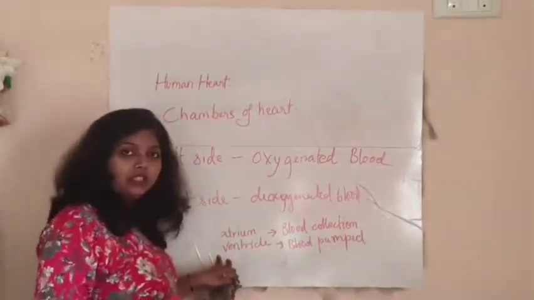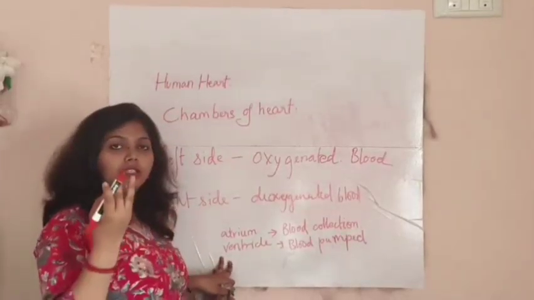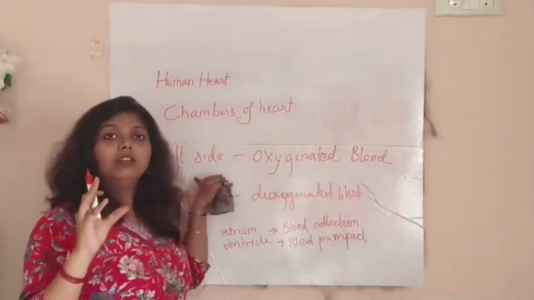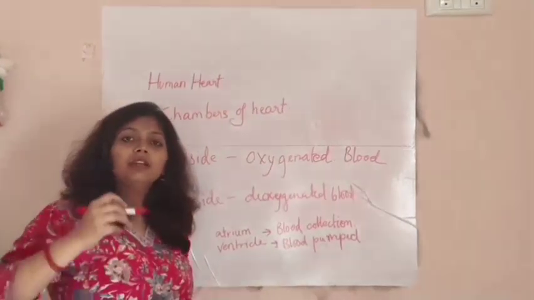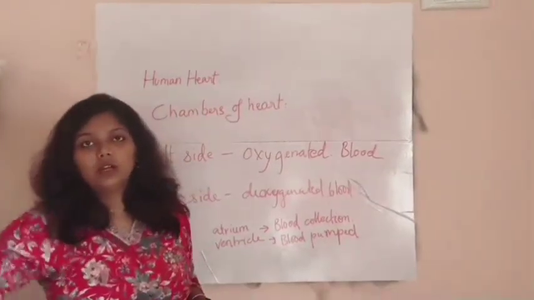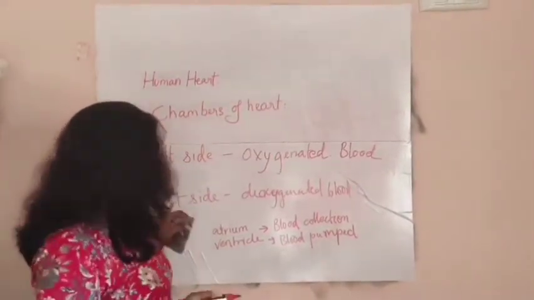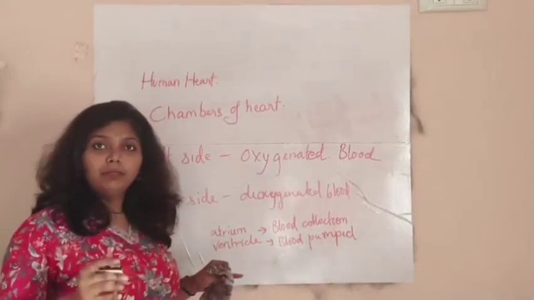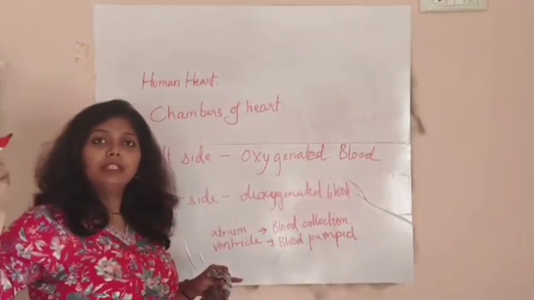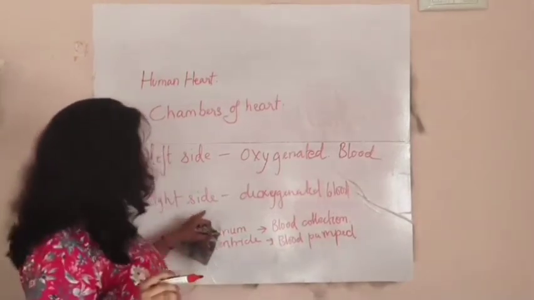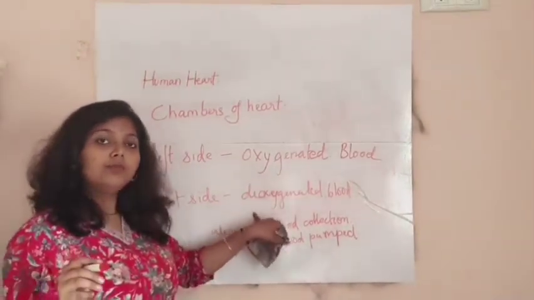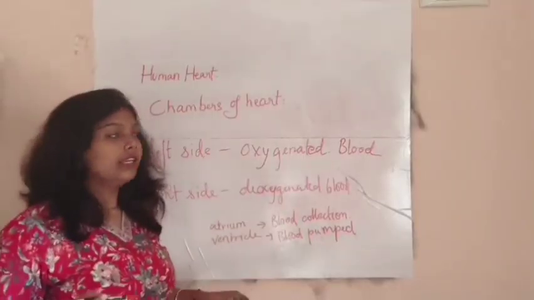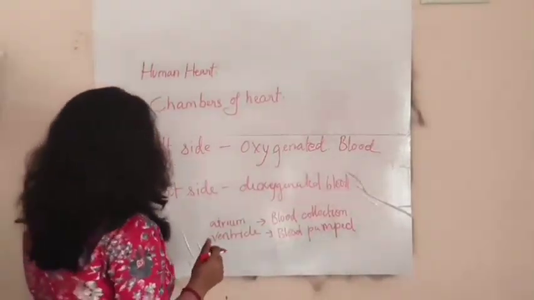Now the ventricles are the pumps. The left ventricle pumps the oxygenated blood through the aorta throughout the body. Okay. Now the right ventricle does the pumping through the pulmonary artery and pumps the deoxygenated blood back to the lungs so that it can go and get oxygenated. Okay. Now